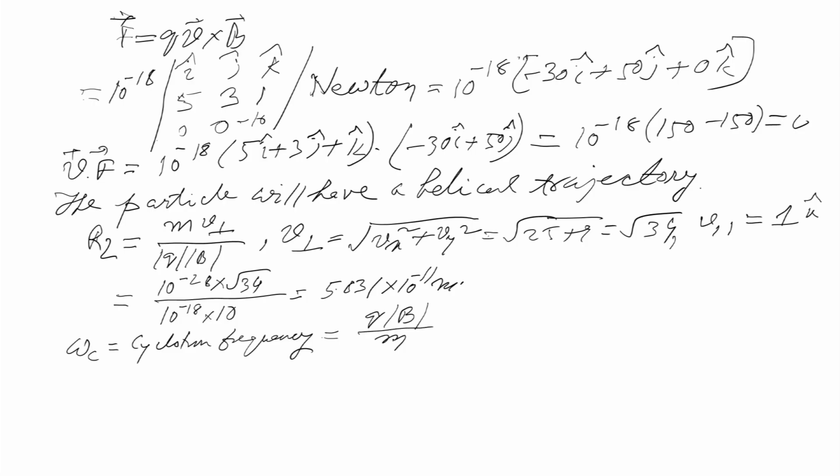Again if you substitute the values of Q and B, you will have 10 to the power minus 18 into 10 divided by m, which is 10 to the power minus 28. So, you get 10 to the power 11 radian per second,